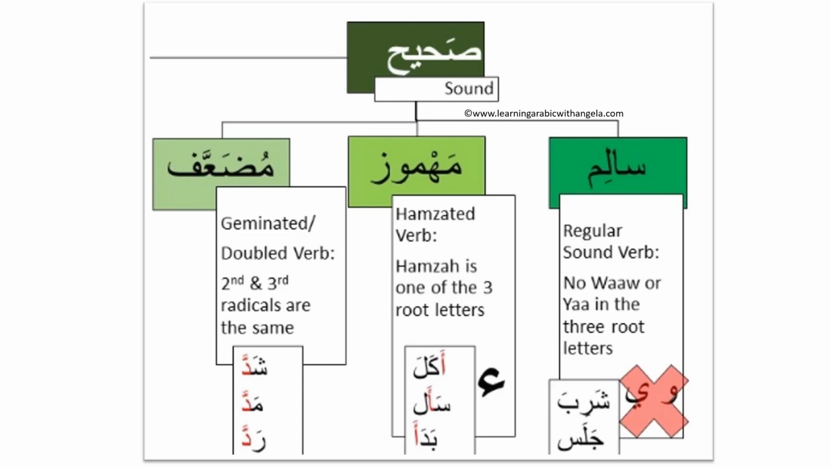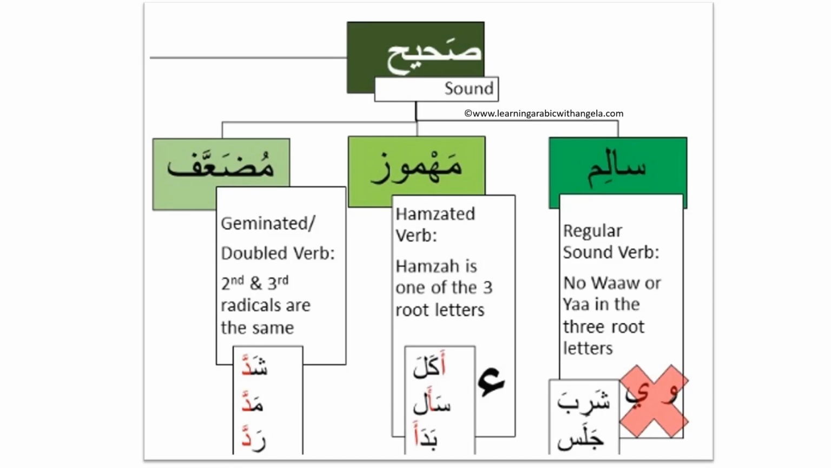So under the sound verb, we have three subcategories. Salim, i.e. regular sound verb, no vowels whatsoever in any of its root letters, such as shariba, jalasa, verb to drink, verb to sit. We also have the hamzated verb, al-fi'l al-mahmuz, whereby the hamza or glottal stop is one